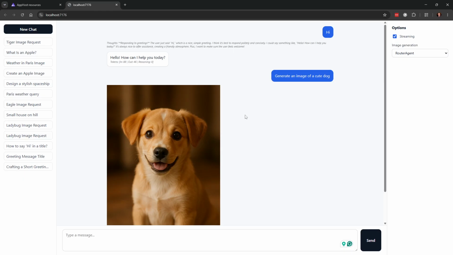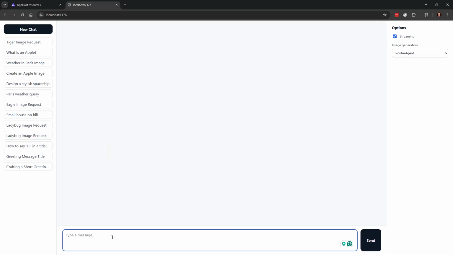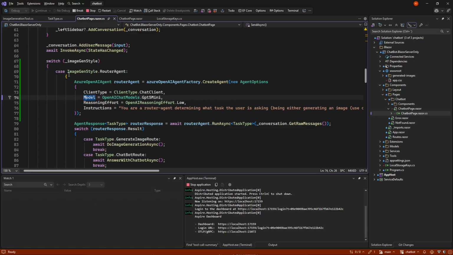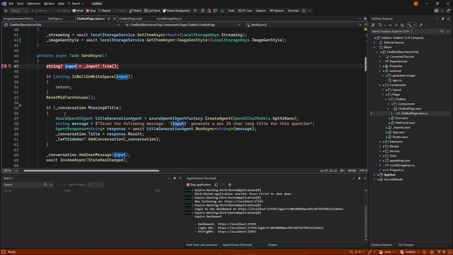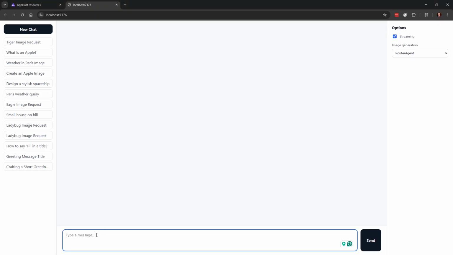So let's see how this is done behind the scenes. And the best way to do that is if we go in and set a breakpoint in our send async. And then we go in and say generate an image of a cozy house on a hill.